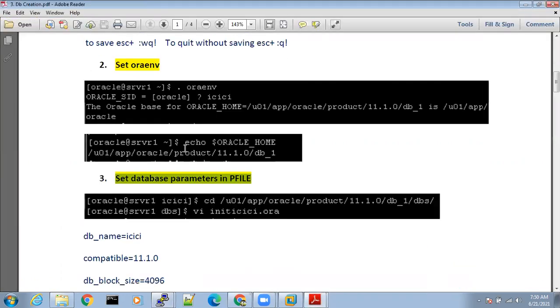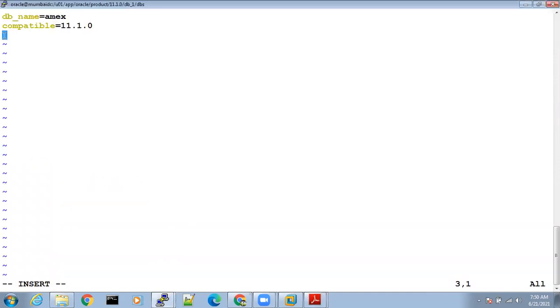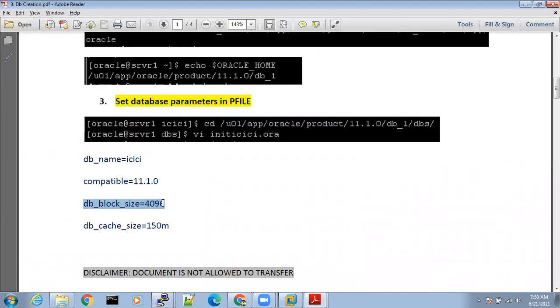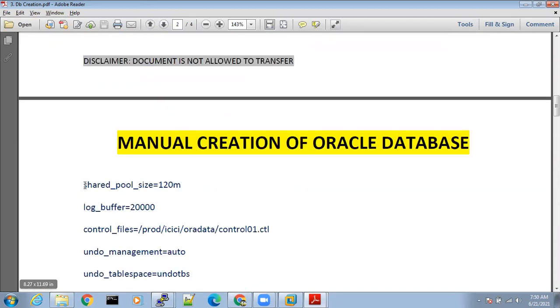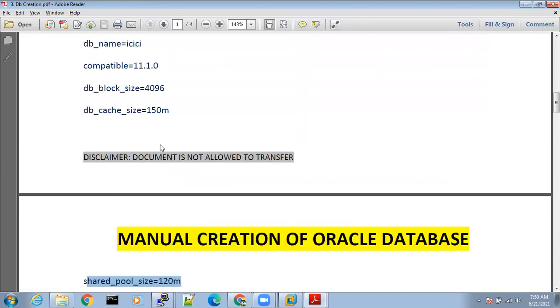You have all the parameters here, so don't worry. What you need to do is read these parameters and type them. You don't have to copy paste; it will not work.